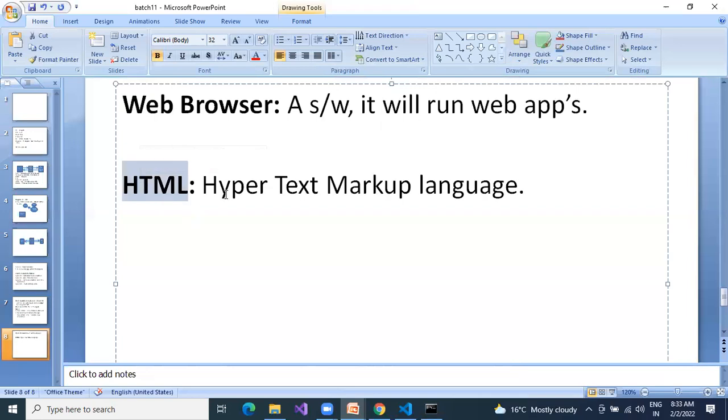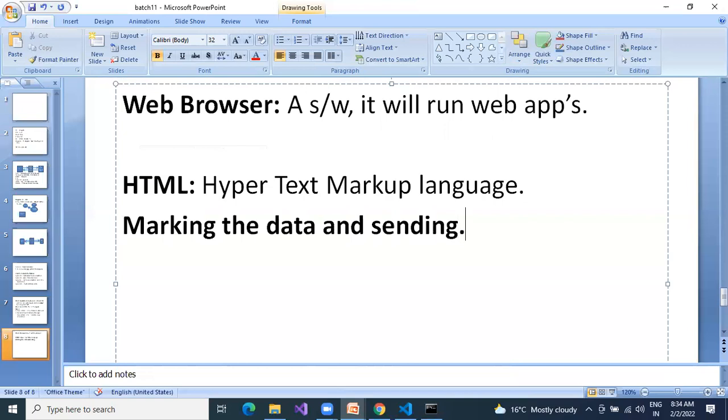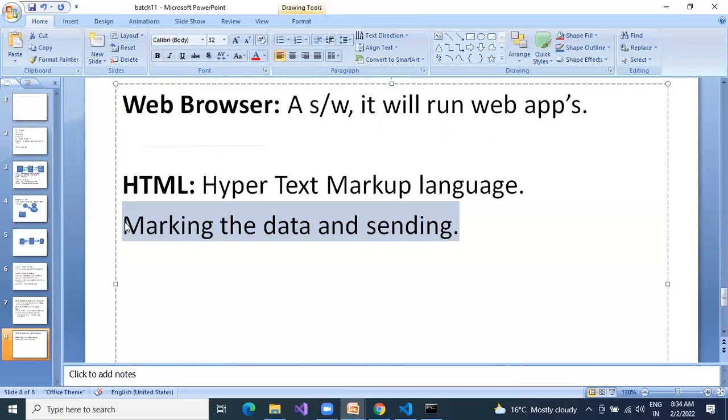What is HTML? HTML is nothing but Hypertext Markup Language. So why is it simply called a markup language? It means you are going to mark on top of the data, simply marking the data on sending. For example, if you want to transfer some luggage from one place to another place, what you need to do? You need to write a postal code. Once this postal code is completed, you are going to post. Once from the post office, all these parcels are sent out, they will mark them.